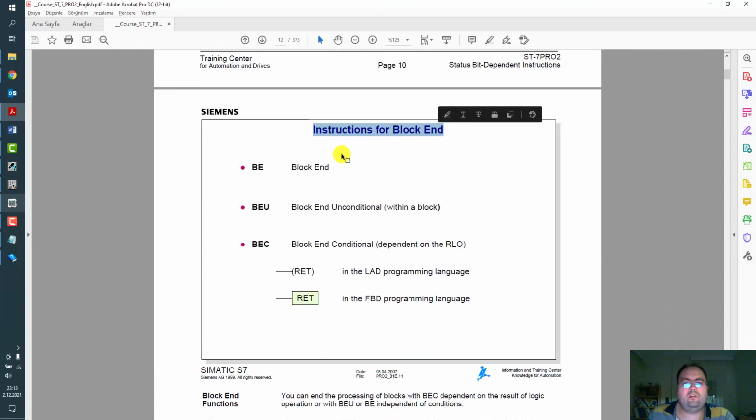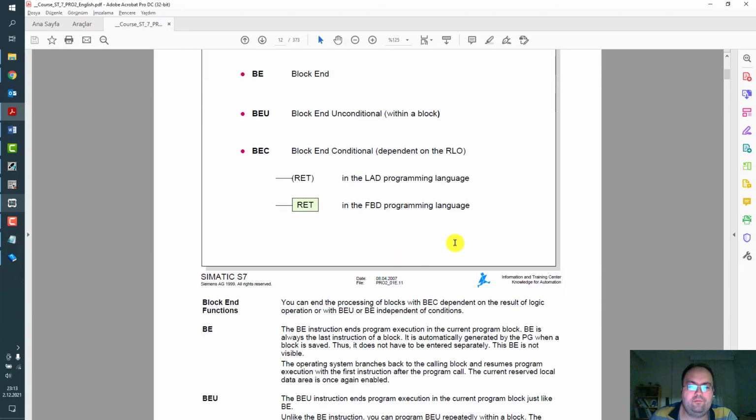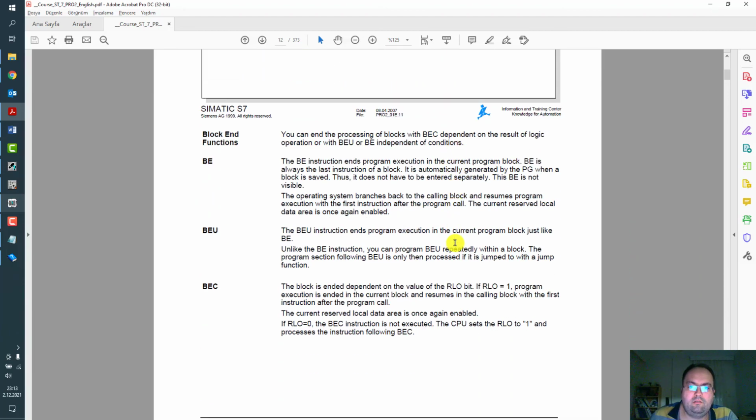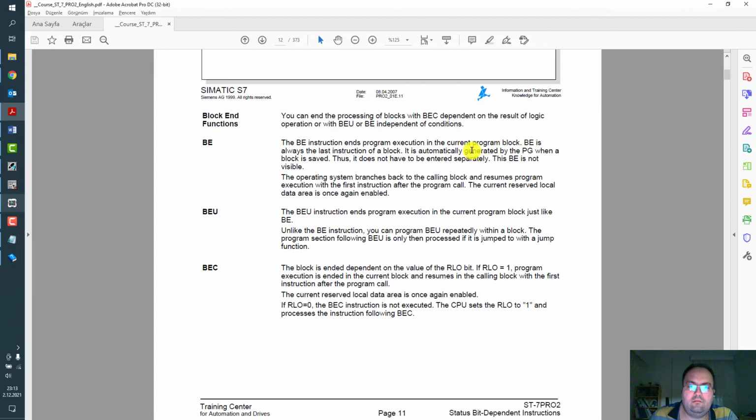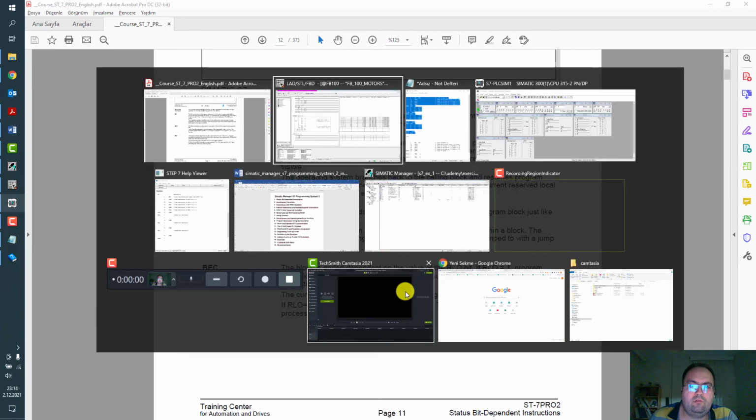Next page, instructions for block end unconditional, and block end conditional depending on RLO. So normally block end is always the last instruction, automatically generated by PG when the block is saved, and is not visible, but you can use it additionally inside your program.